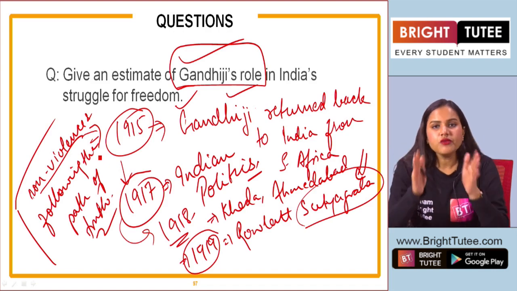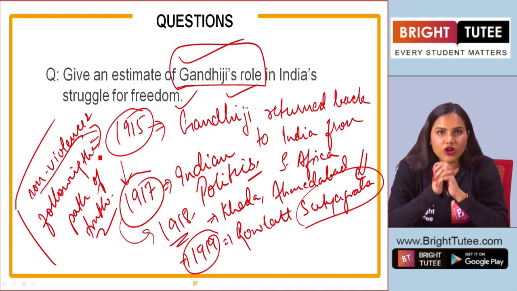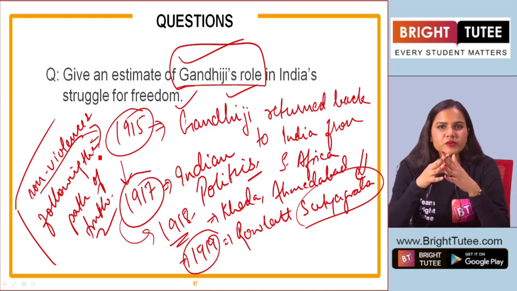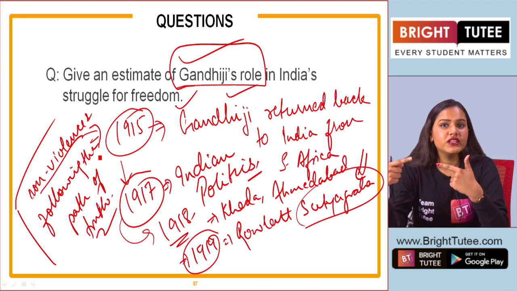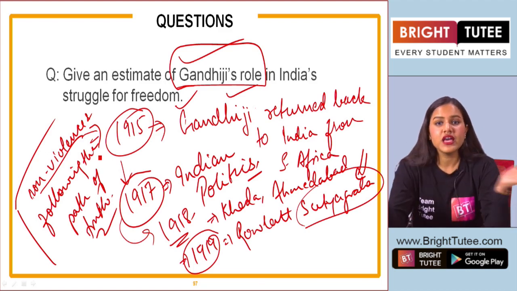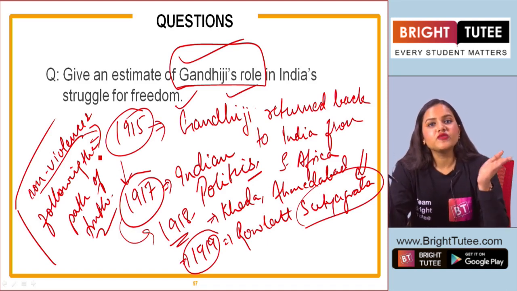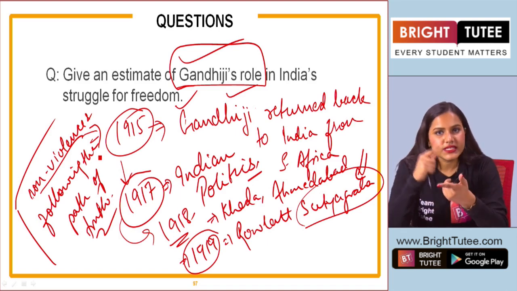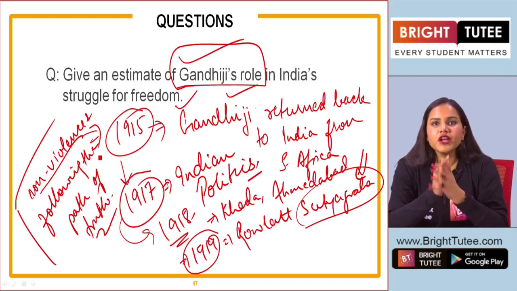Now students, we have completed this chapter on the Indian national movement, where we have discussed a lot of points. We have talked about the situation of our country and the First World War, which I mentioned in the beginning. We have also talked about colonialism, how it generated anti-colonial feelings in the people, and how nationalism rose in our country. We have talked about the arrival of Gandhiji in India, and further discussed the non-cooperation movement, civil disobedience movement, and Quit India movement. I hope that you have understood the whole chapter.